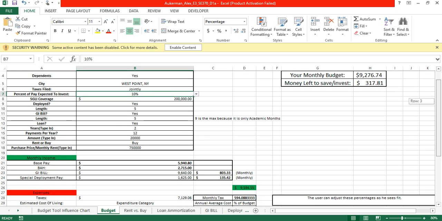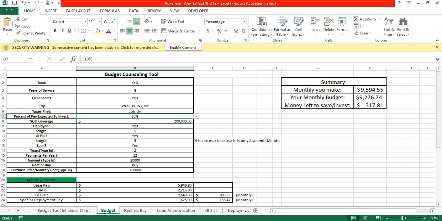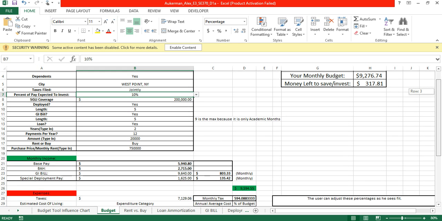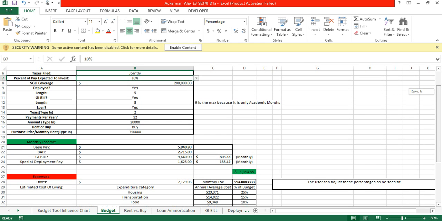So if they want to invest a larger portion of their salary, then they're going to have less to spend on everyday expenses. Then we have some extra stuff here, so what their decision is for their SGLI coverage, if they're deployed,